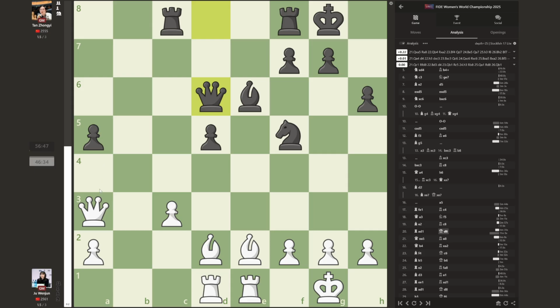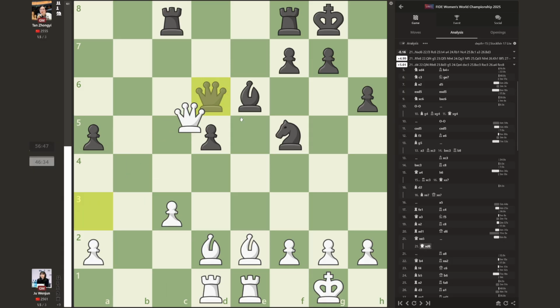If you want, Ju Wenjun is in the worst position. Like, I mean, she's 1.5, 2.5, so she needs to win. She's playing with the white pieces. So if you trade the queens over here, it's basically drawn, or even a slight edge for black. No, it's completely drawn. 0-0 on all 3 lines means that there's little hope. But with this maneuver,